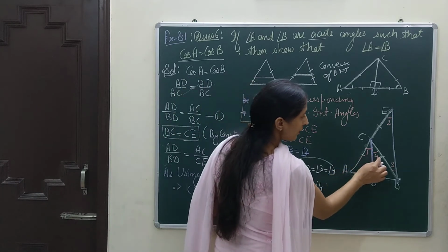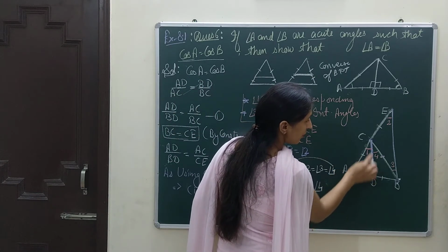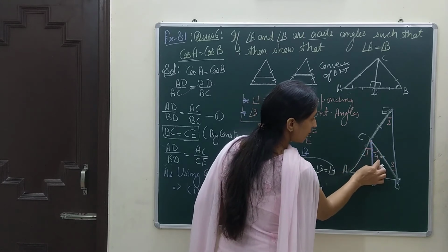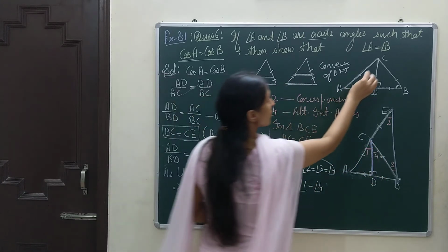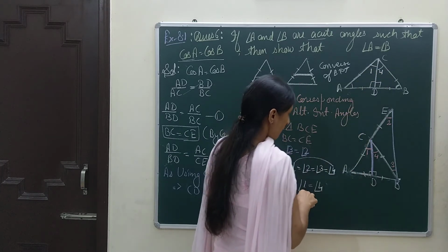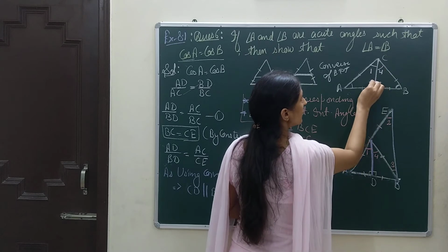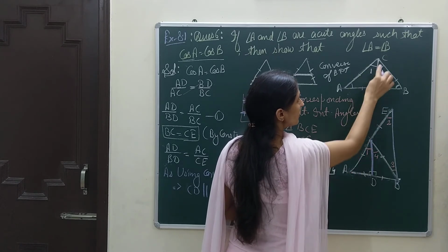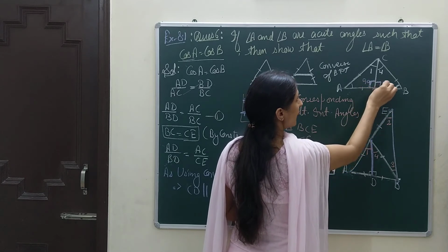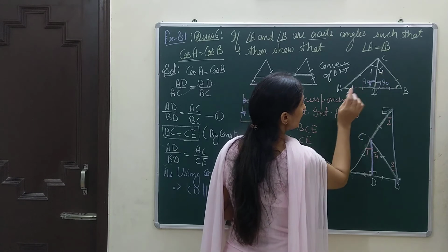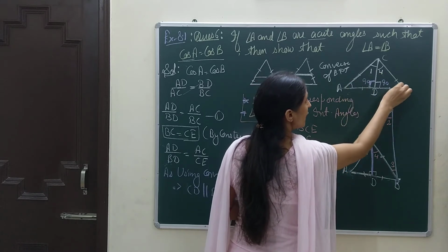Now, I have got that the upper two angles, by which this CD length was drawn, are equal. That means angle 1 equal to 4. This was required. So I will mark here, I have got 1 equal to 4. Okay. Now here in my triangle, this angle is already 90 degrees. In both the triangles, if I see, this is 90, 90. This is angle 4, angle 1 equal to angle 4. Now we need about A and B.